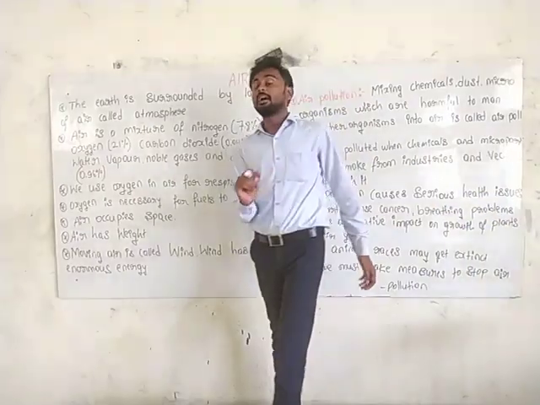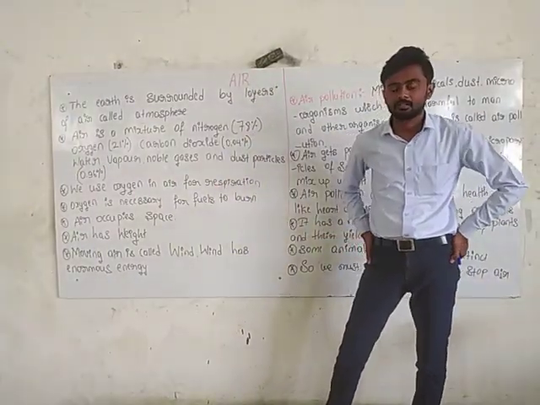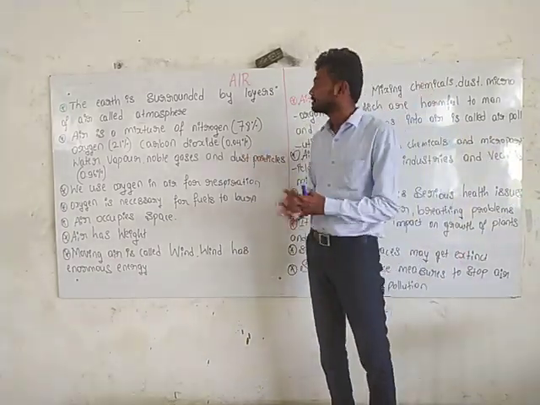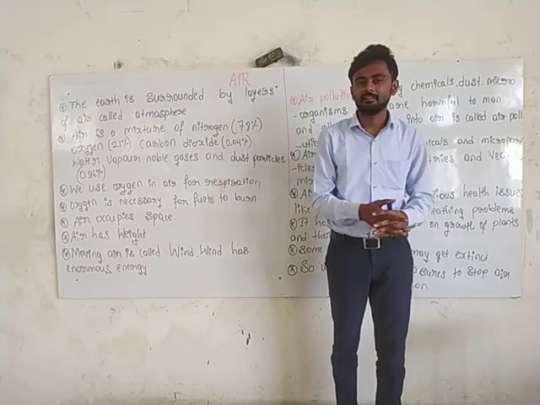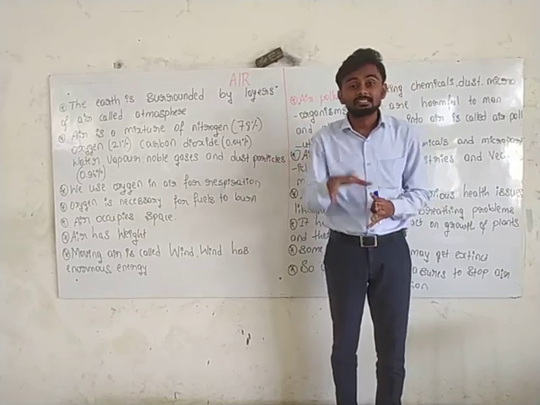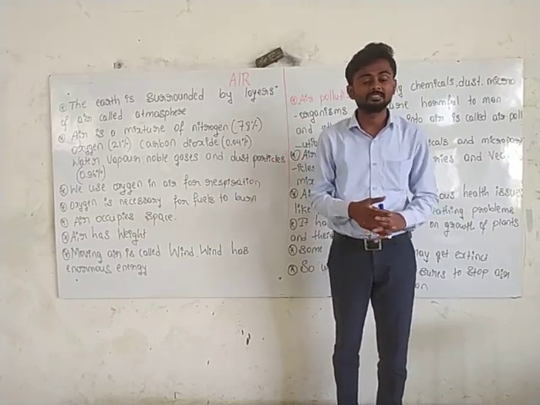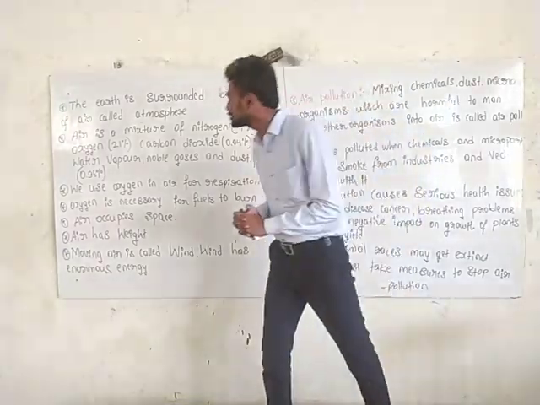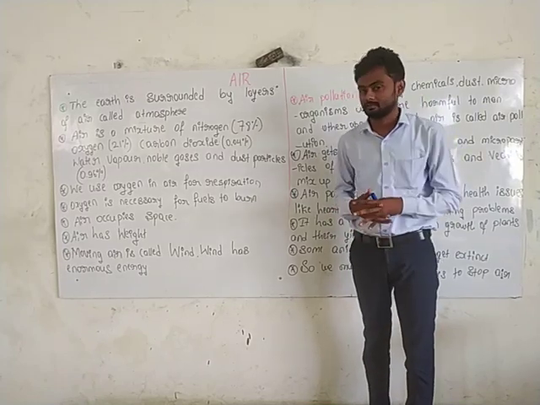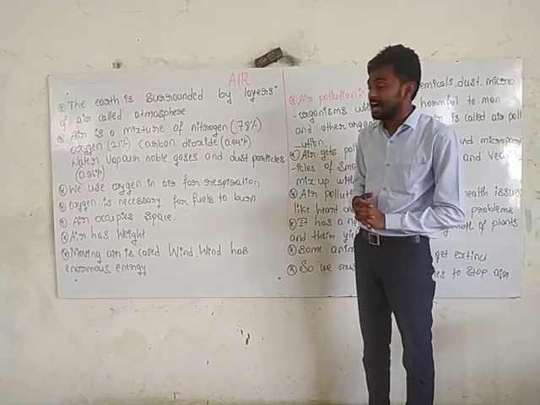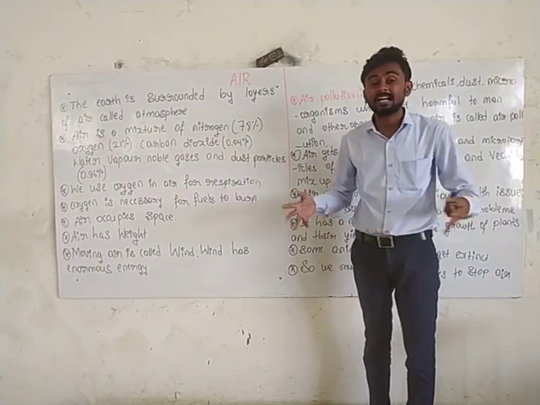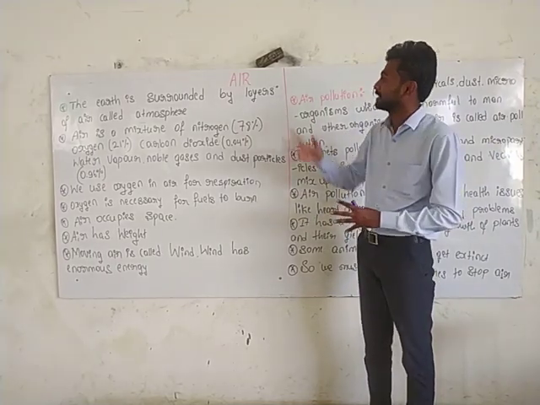In the last class, we discussed about air. Today, one more time, air. That is a new concept. We are seeing in our surroundings, each and every place is occupied by air. The earth is surrounded by the layers of air, which is called atmosphere. In the last class, we already knew very well about the atmosphere.